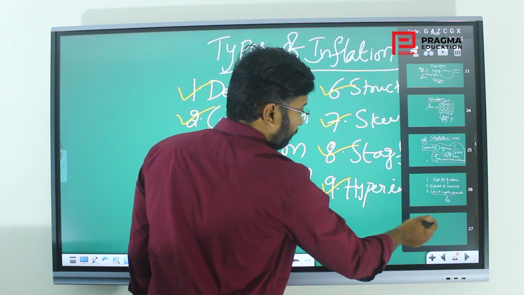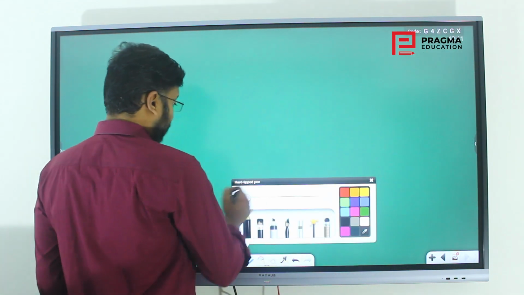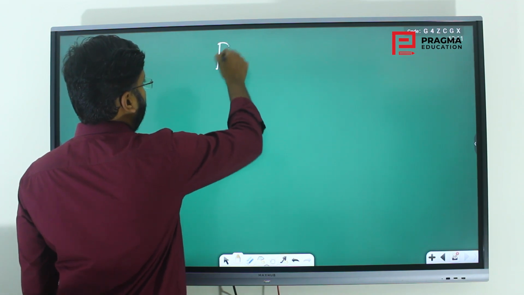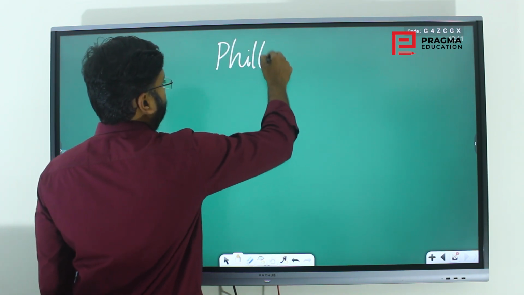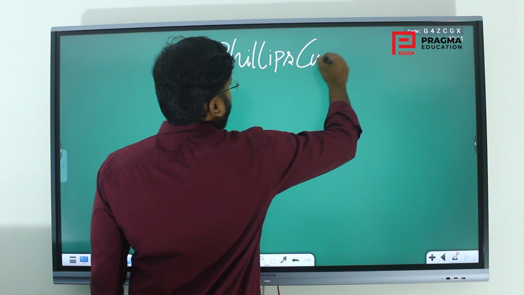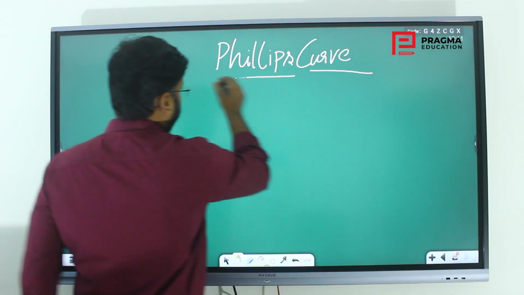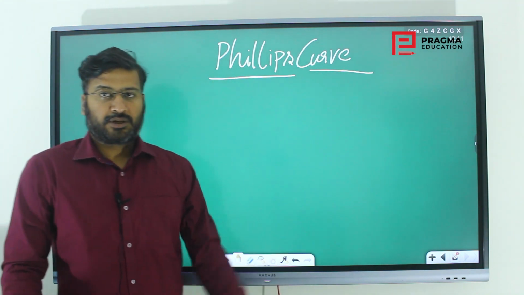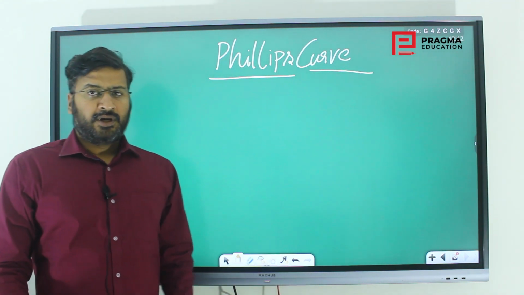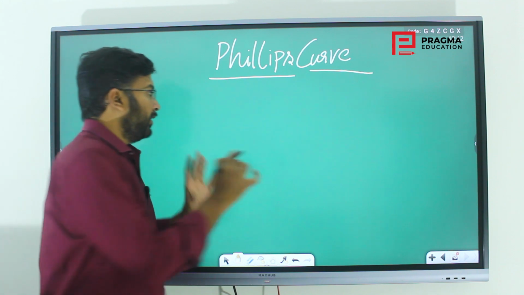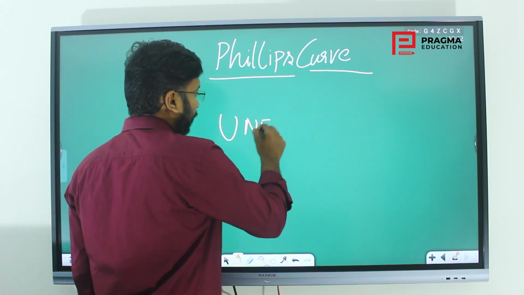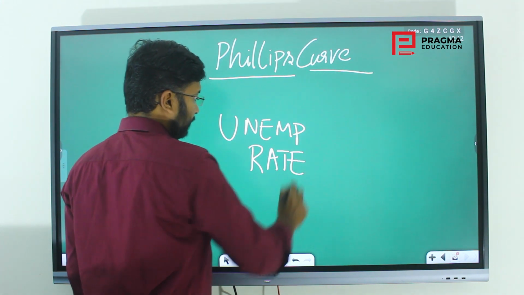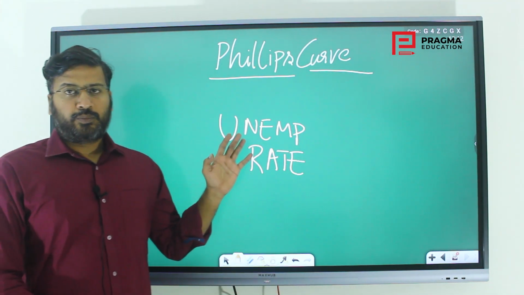So next up is Phillips curve. Phillips curve is like an extended concept of stagflation itself. So try to understand that in the whole concept, the unemployment rate,